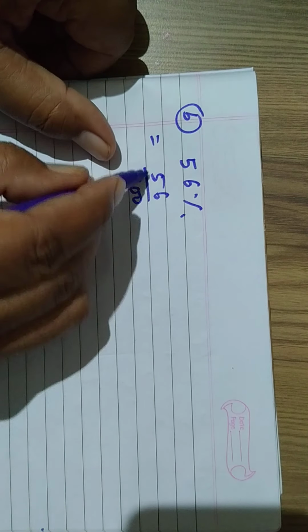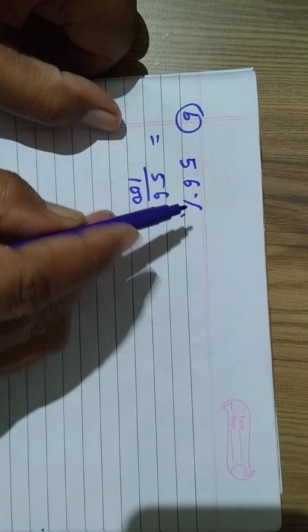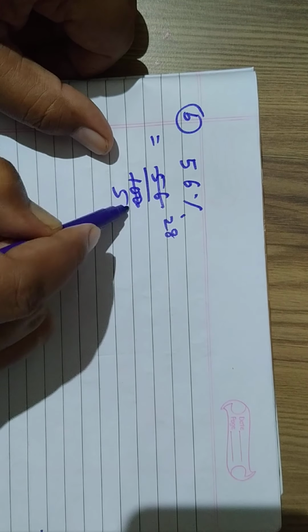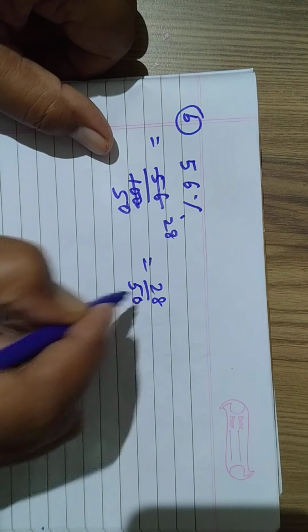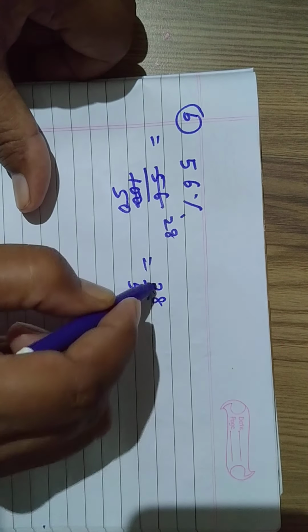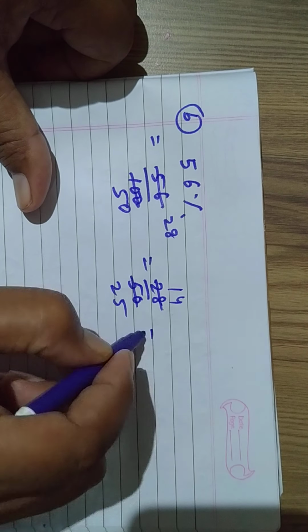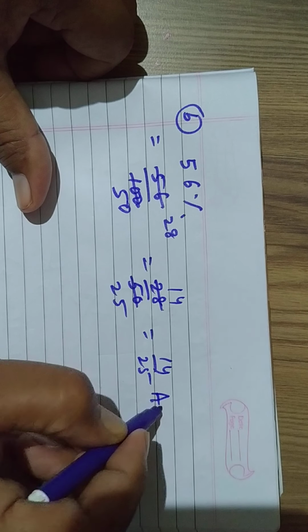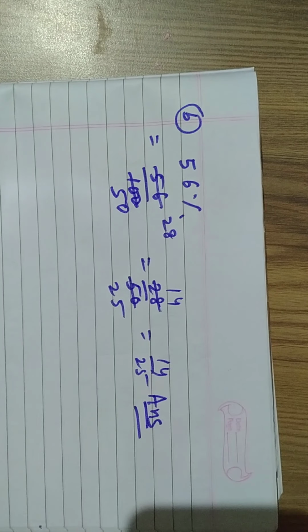We can see this question also divides by 2. 2 2s are 4, 2 8s are 16, 2 5s are 10, 0. What is left? 28 by 50. फिर ये डिवाइड होगा किससे? 2 से. 2 1 is 2, 2 4 is 8, 2 2 is 4, 2 5 is 10. अब क्या बचा 14/25। अब ये डिवाइड नहीं होगा और ना रिड्यूस होगा किसी से, तो ये आंसर हो गया।